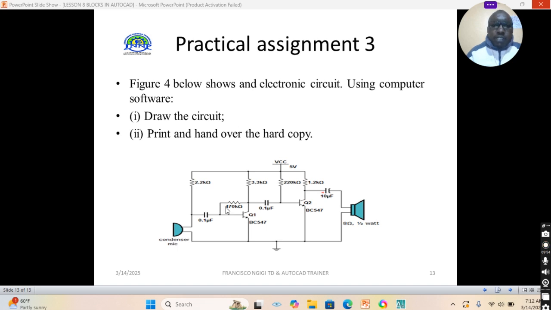In your assessment, you can expect to be asked: the figure shows an electronic circuit. Use computer software to draw the circuit, print and hand over the hard copy. So how do we come up with this one? Again, we have a resistor. Here you can use a line, but as you progress, you shall identify in some versions of AutoCAD